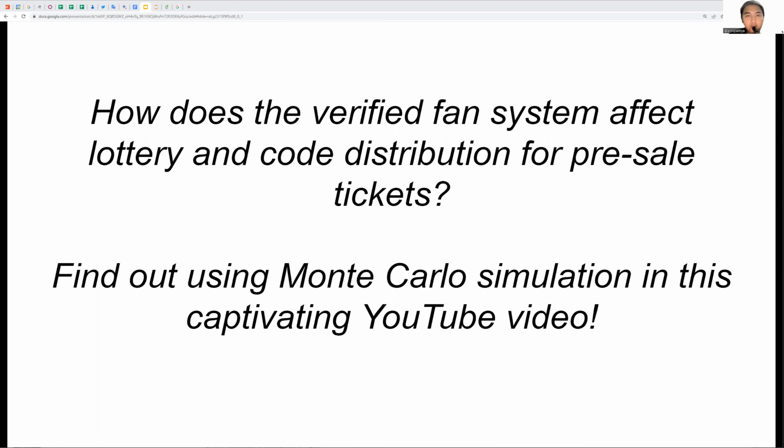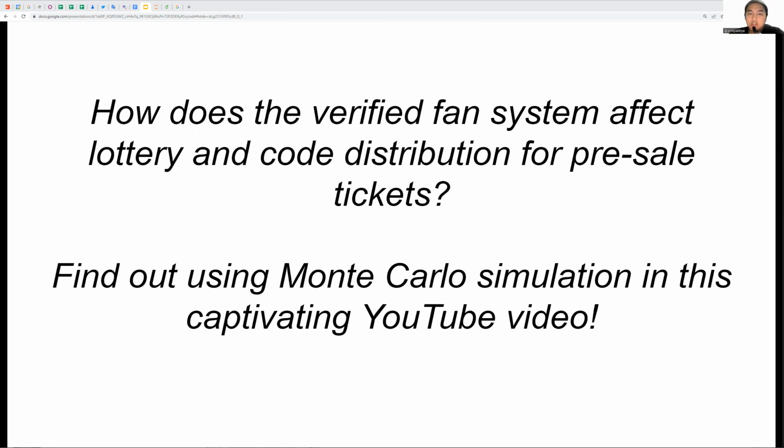We will delve into the fascinating concept of Monte Carlo simulation. This is a powerful technique that employs random sampling to estimate the probability of winning the lottery by purchasing a ticket day by day. By analyzing the Python code that we will simulate here, we will demonstrate how the simulation is built. We will showcase the parameters involved, such as the number of days, available tickets, verified fans, distributed codes, and the other probabilities associated with obtaining codes and winning the tickets.